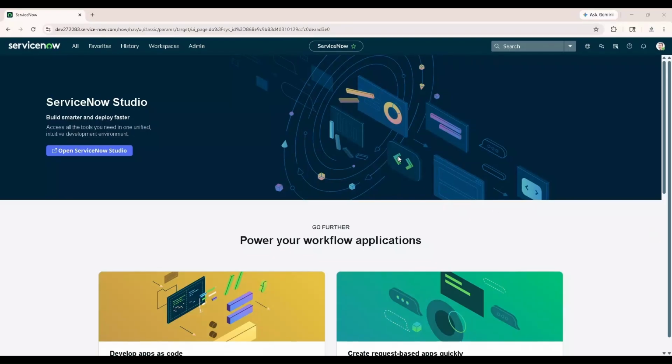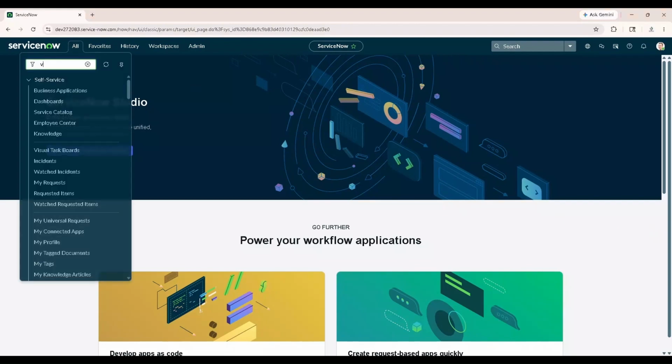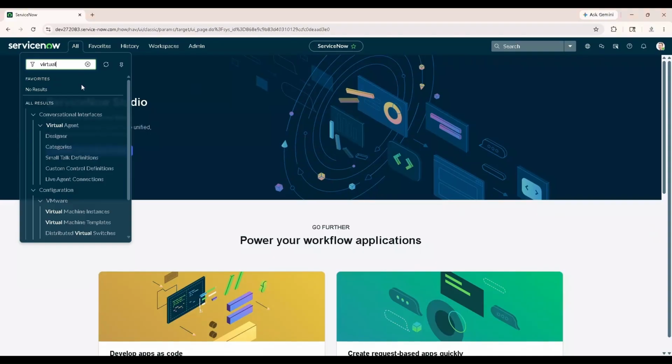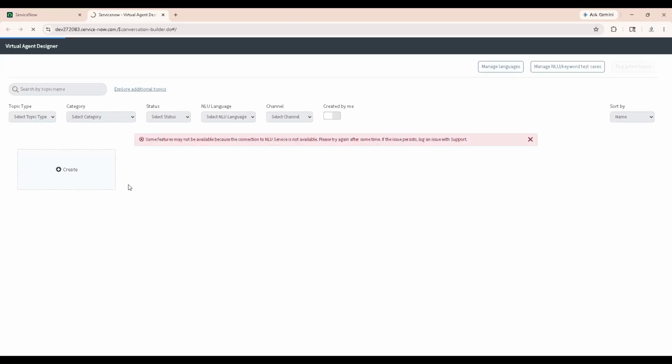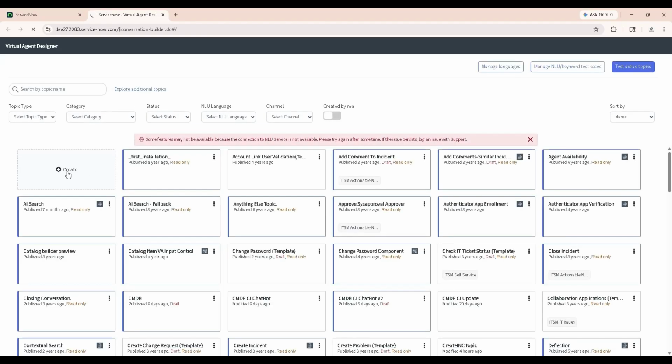This is my personal PDI instance, okay? Now let's click All and type virtual. Under this we have the designer module, and let's open this. Today I am covering this live agent chat option, okay? So for this I am creating a new topic. Just click Create new,